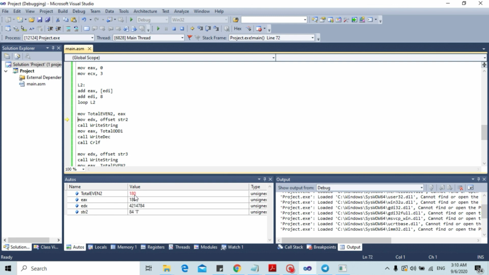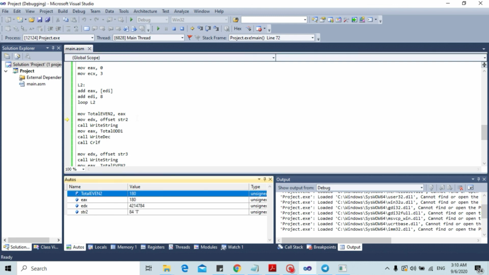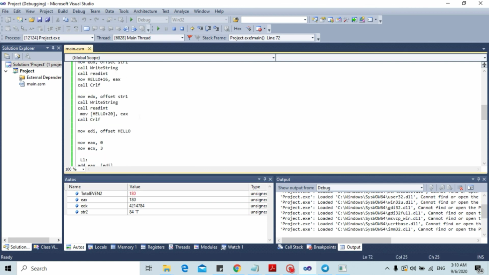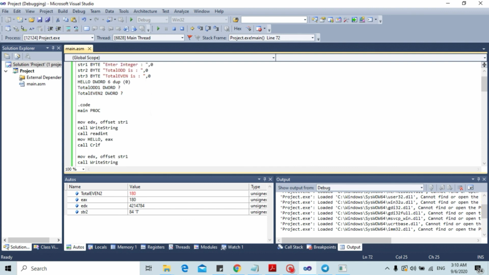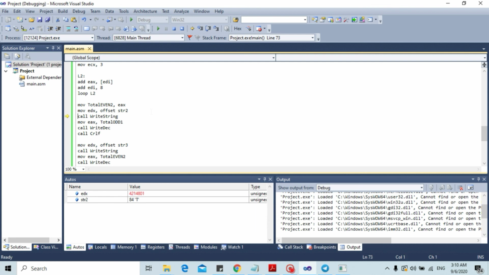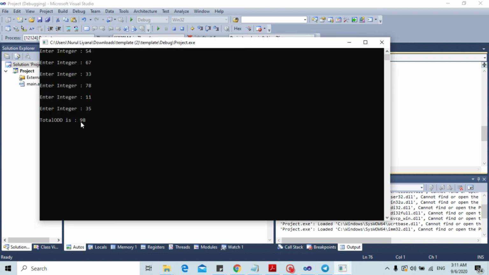Total even will have the value of 180, and we need to move the address of string 2. String 2 is total odd is, to register EDX, and call WriteString, which is to display the value. And the value of total odd, which is 98, will be moved into register EAX and WriteDecimal, display the value, and add new line. You can see total odd is 98,